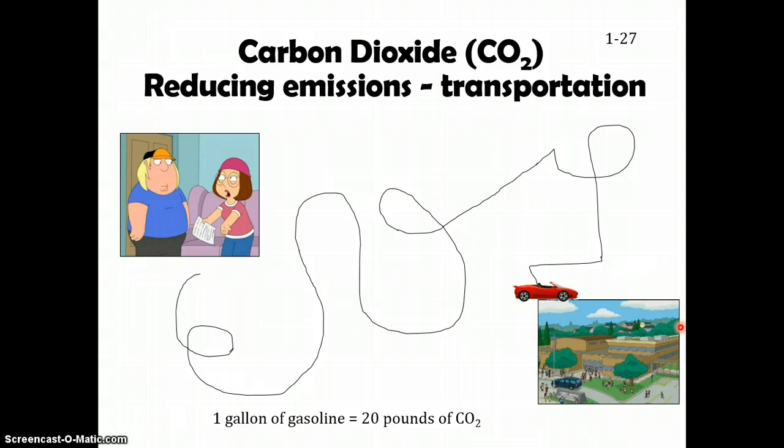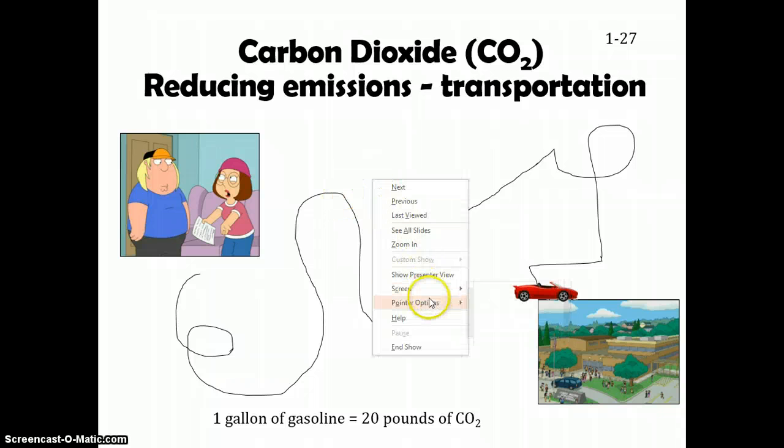You could have a very fuel inefficient car, meaning it doesn't do very well. So for instance, you could put a gallon of gas in your car and it only gets you 10 miles. So 10 miles per gallon, or 10 mpg. Or you can drive a hybrid or an electric car or a really fuel efficient car that gets 50 miles to the gallon. So that means that every gallon you put in your car, you can drive a lot further. You can drive 50 miles per gallon in your car.